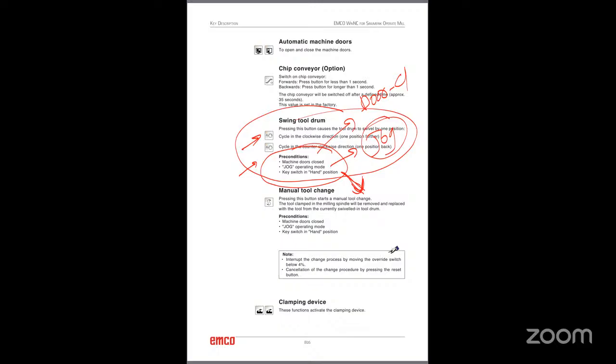One is key switch in the hand position. For that, I will draw. I will select the job mode, right. If you need to, for example, set an offset right now,